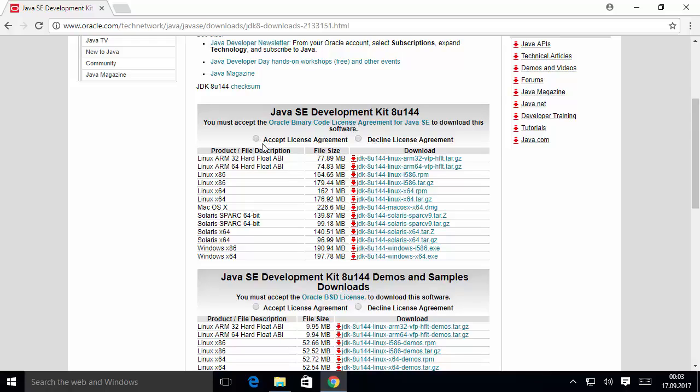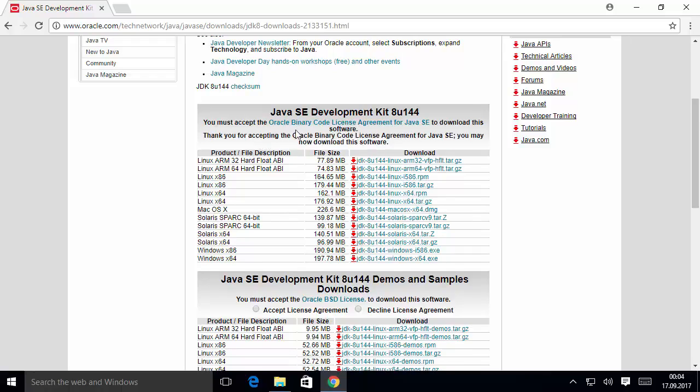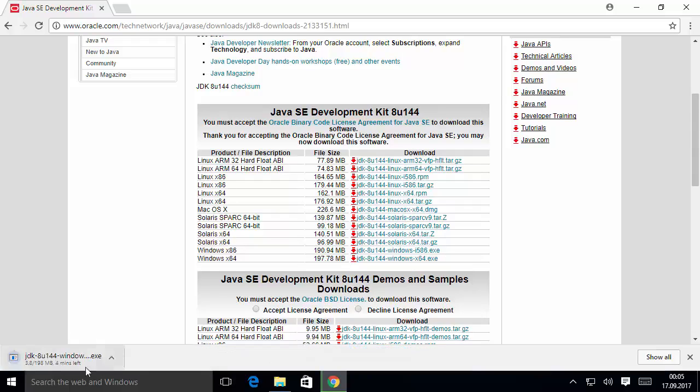Once you accept the license agreement, we will be able to download the executable file for Windows for the JDK, right? In our case, we will be downloading the executable for Windows x64, which is for a 64-bit operating system. This is the last option. So I'm going to select this last option, which is for Windows x64, and it's an executable file. I'm going to click on this exe file, which is going to start the download, right? I have already downloaded this executable file, so I'm going to cancel this download for now,